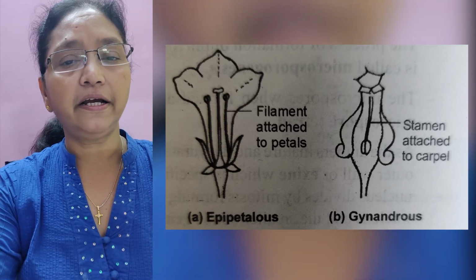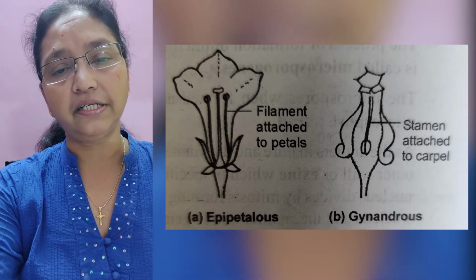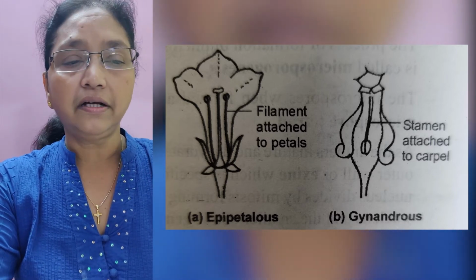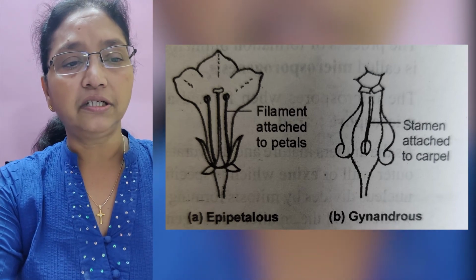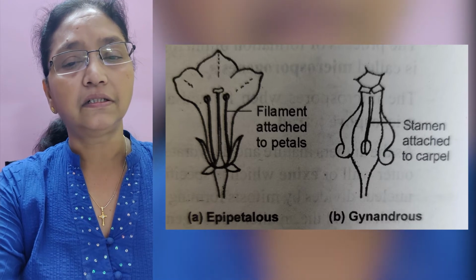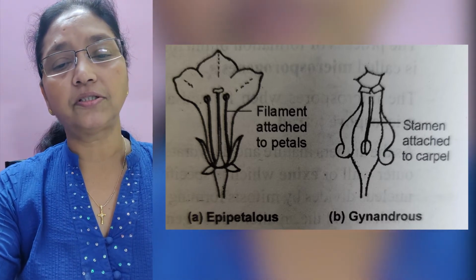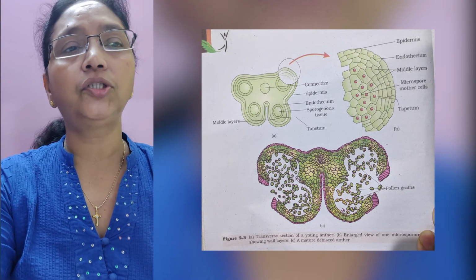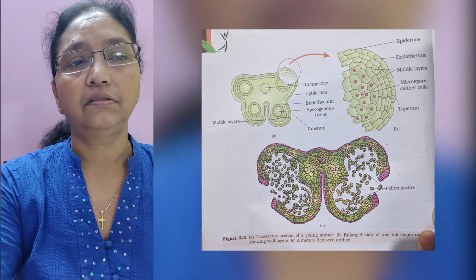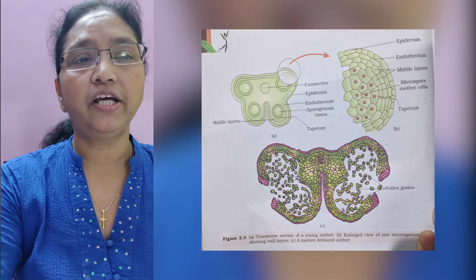Here the stamens are attached to the perianth. Example is the family Liliaceae. Then the third kind is gynandrous. Here the stamens are attached to the pistils. Example is Calotropis. Each anther is bilobed, with each lobe containing two thecae, that is dithecous,